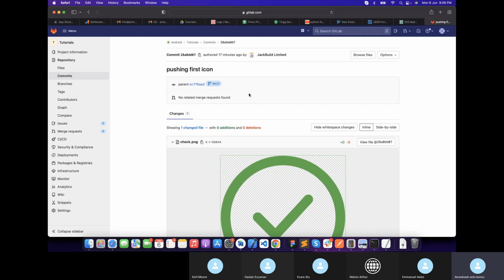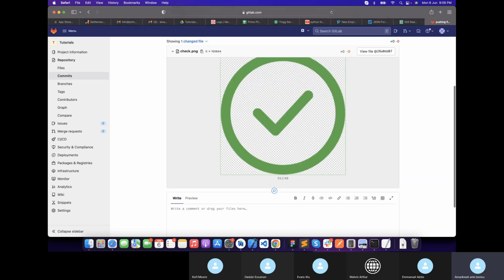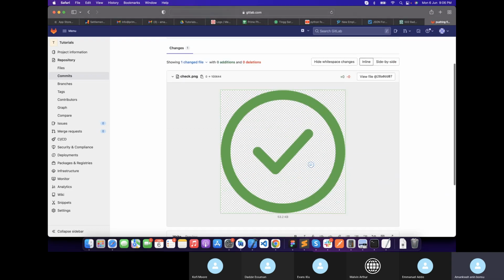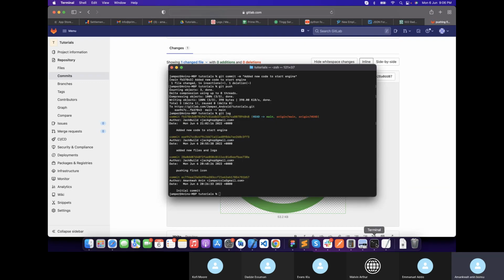Assuming all the commits that came later, all the files, the project, everything you added, are all messing up your code. And you want to go back to this particular commit, at which time the only thing that you had there was only this icon. So that all the changes that you made later, you discard them. You don't use them anymore, so that you go back to a working code that you want. So over here, what you do is,